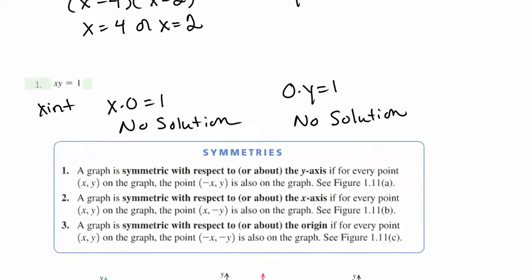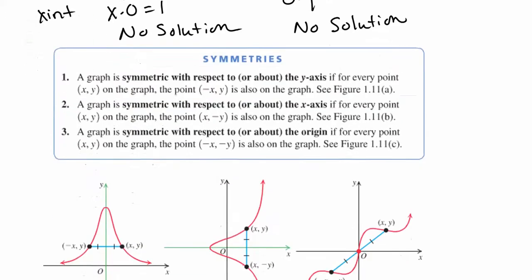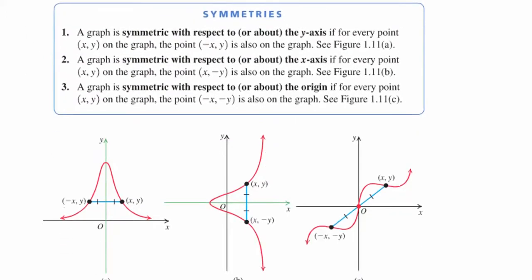Okay, let's talk now about this idea of symmetry. Symmetry is just how the graph looks. Y-axis symmetry: you get the same y value when you put x and negative x in. For x-axis symmetry, you can fold it across the x-axis, so if you put y or negative y in, you get the same x value. And then for origin symmetry, when you put negative x and negative y in, you get